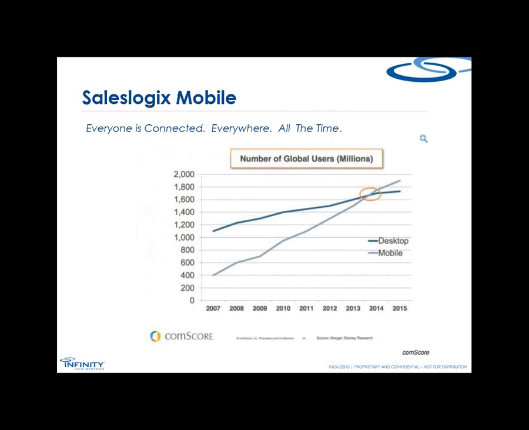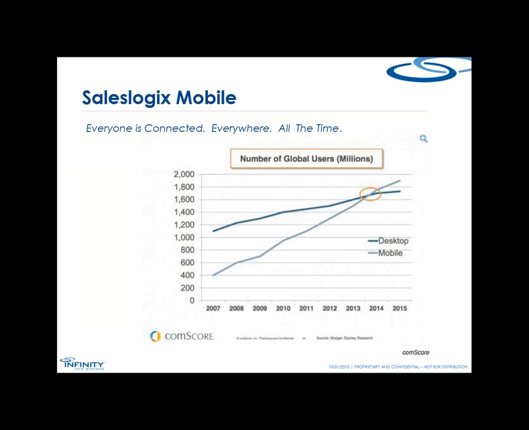What I thought I'd do first is just do a real quick update on what's going on in the market. I bet every one of us has a smartphone in hand right now. But what's really happening out there in the world, and this is a recent study from a company called ComScore, actually provisioned by Morgan Stanley as they were looking at the market, is that in 2014, and this may actually be accelerating a little bit, the mobile application market will actually overtake desktop.